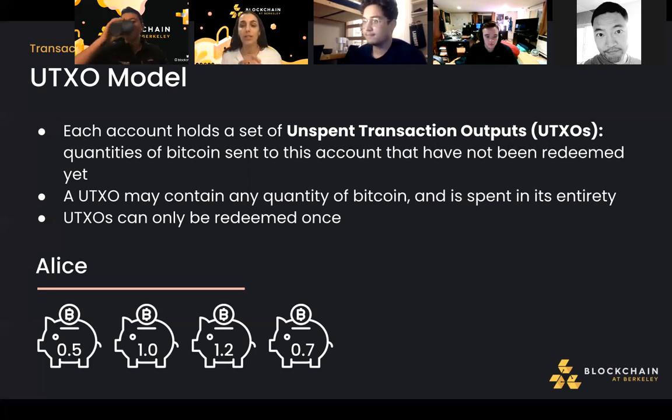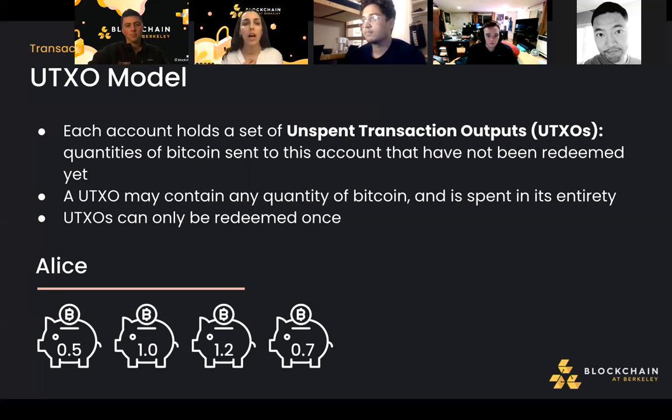So it's the same thing with Bitcoin. And so now I'm holding 3 Bitcoin in my hand, and I want to pay some of it to Nate. I want to pay 0.5 of that to my tutor, let's say, but I want to keep 1.5 for myself. But I had to break open the whole piggy bank to use that right now, right? I had to break open the whole 3 Bitcoin. So what do I do with that 1.5 that's left over that I want for myself? I can actually reroute that and I can send it back to myself. But I just created 3 new piggy banks. So I just sent 1 piggy bank to Nate. And so that's now his UTXO. I've sent 0.5 to my tutor, and I've sent 1.5 back to myself.